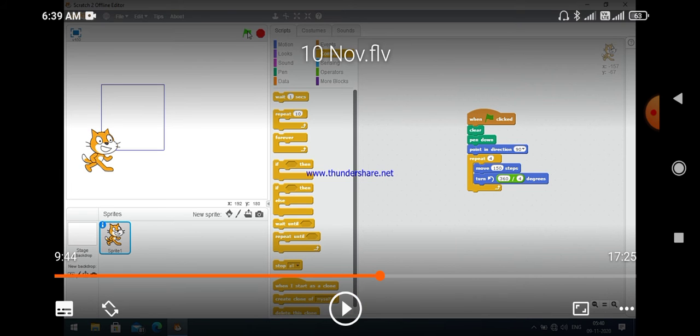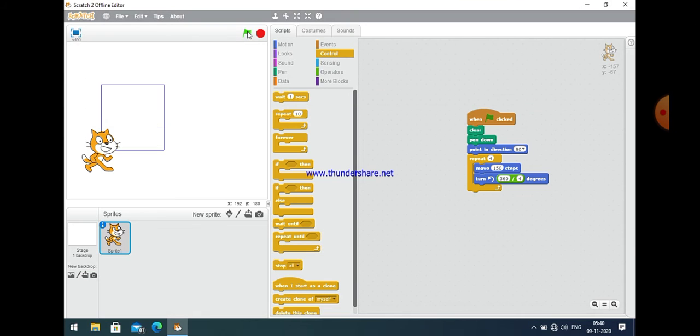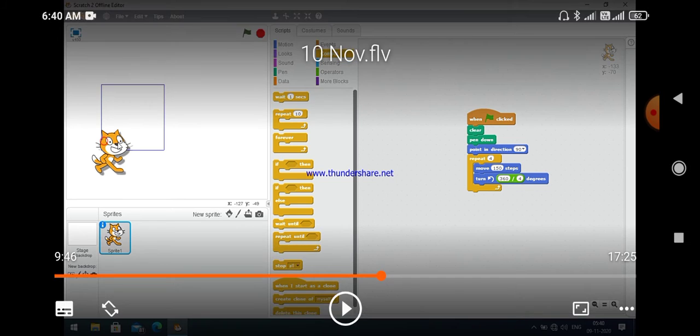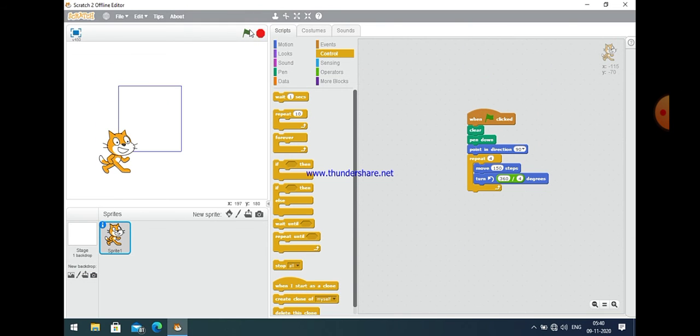Before making a rectangle, just make a square by using the repeat block. You are all aware that when we use a repeat block to make a square, we can repeat these two commands 4 times. First of all, make a square using the repeat block, so repeat 4 and then move 150 steps and turn 360 divided by 4. After that we will create a rectangle.